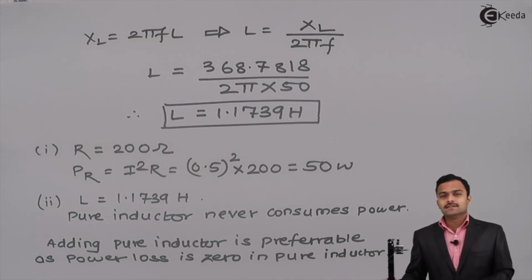So actually this was the practical scenario that we have studied. The effect will be obtained by having a resistance, but it will cause a problem of power loss. In this case it is 50 watt. In order to avoid that, let's connect an inductor, the parameter which will never consume AC power.